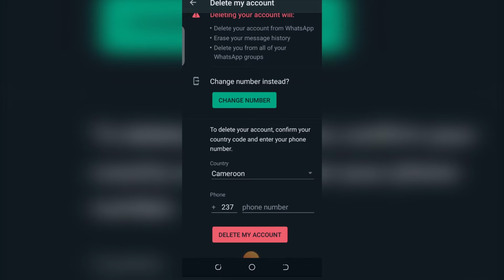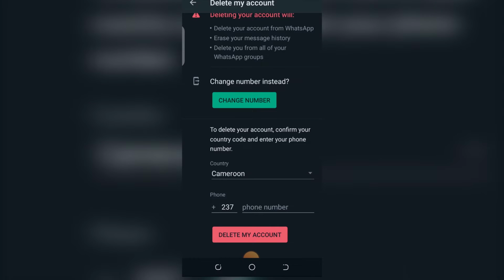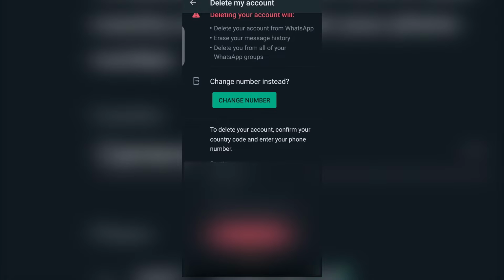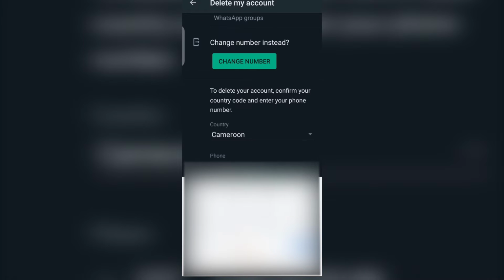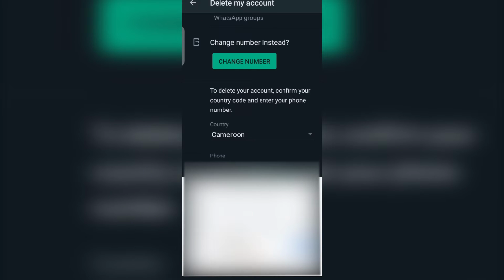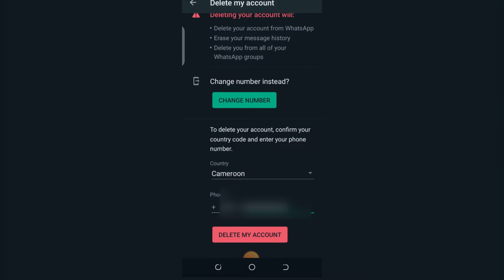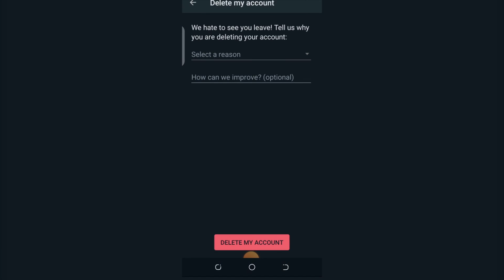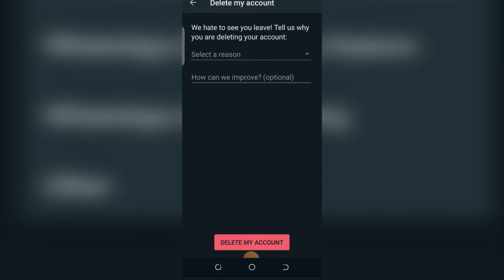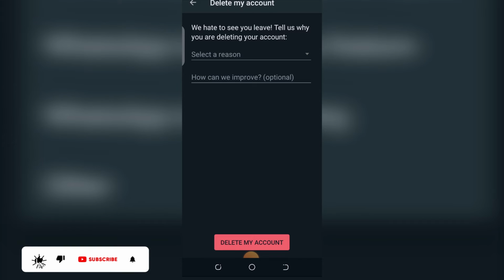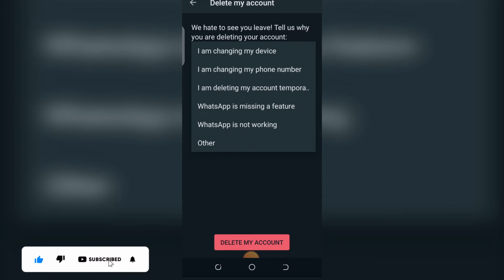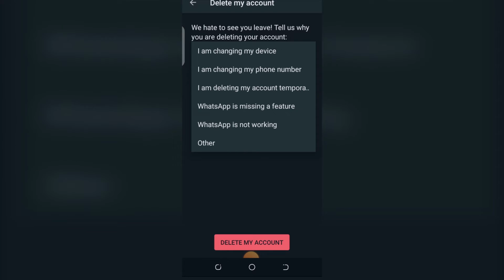After choosing your country, you insert the WhatsApp number that you want to delete from WhatsApp. Once you are done with that, you simply click on delete my account. After that, you simply need to give the reason why you are deleting your account so that WhatsApp can actually improve their platform. So I'm going to click on,